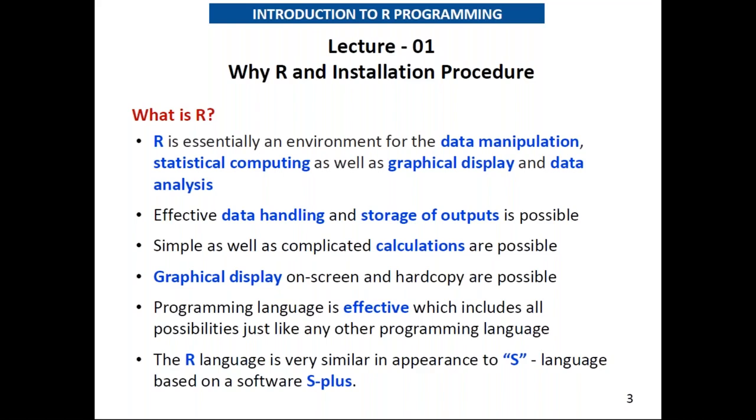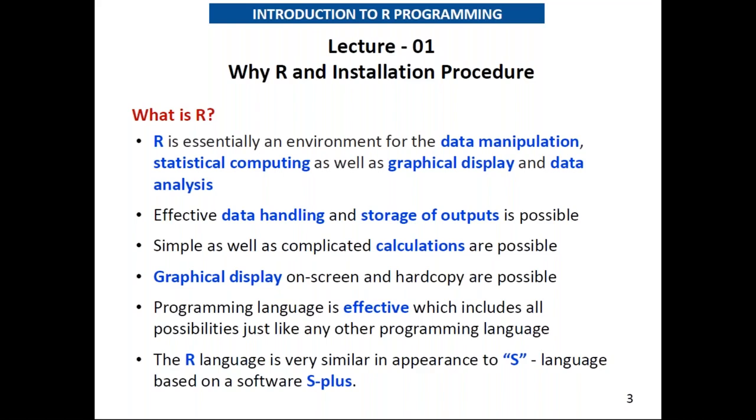R is essentially an environment for data manipulation, statistical computing, as well as graphical display and data analysis. So mainly R creates an environment for data manipulation, whatever data we are having.